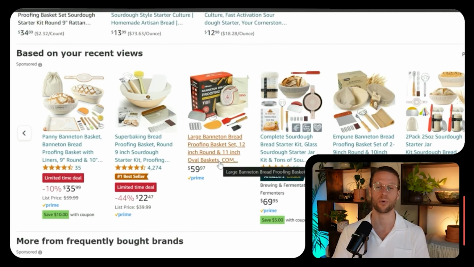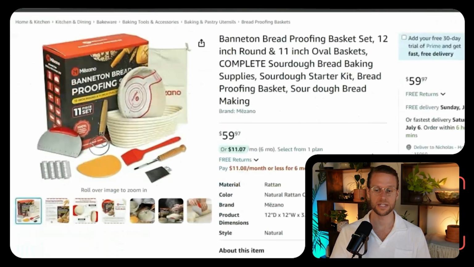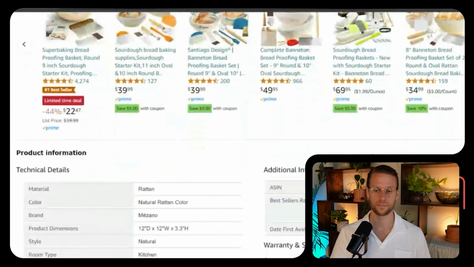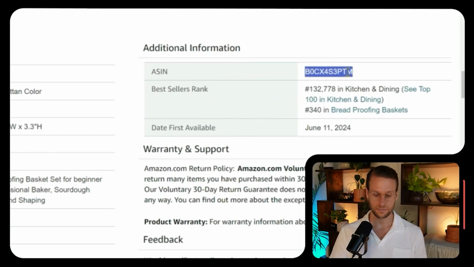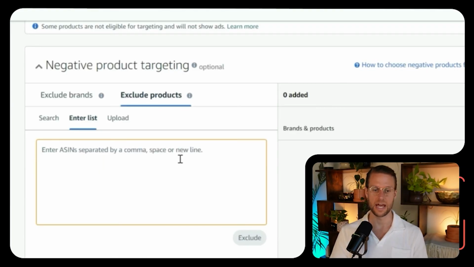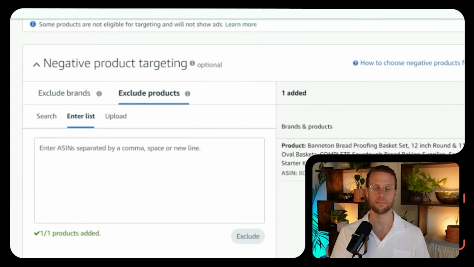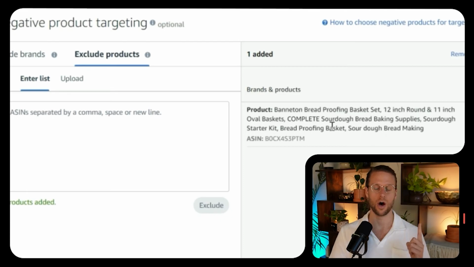It's cheaper and it has more inclusions or whatever. I'm going to click this one, get the ASIN, and add that in as a negative target to make sure that Amazon doesn't show my ad on this particular